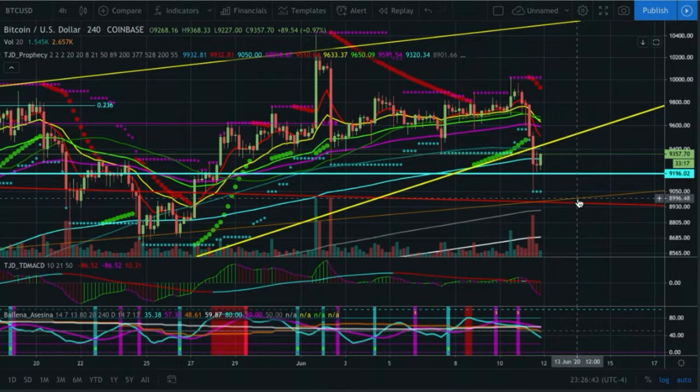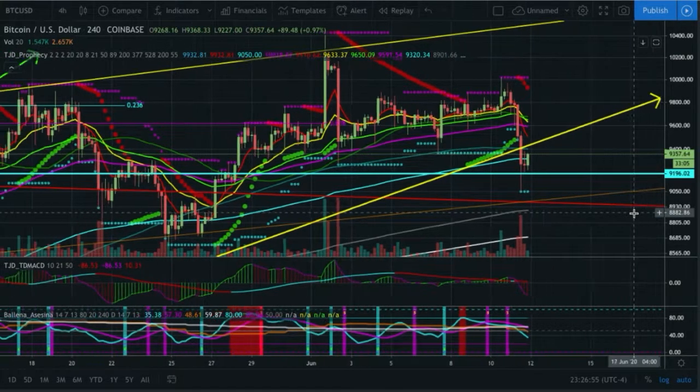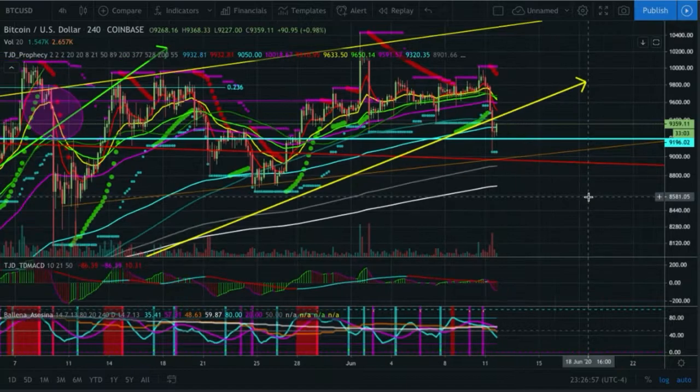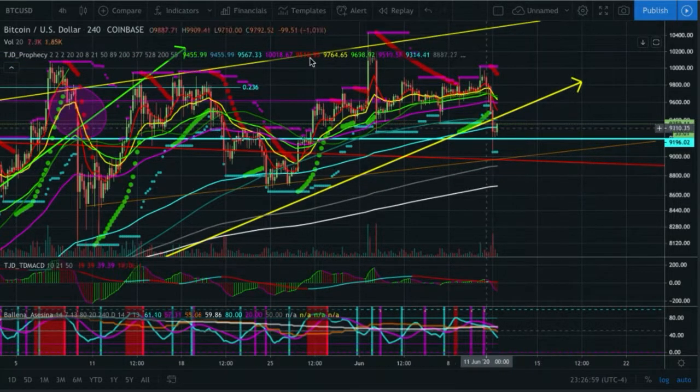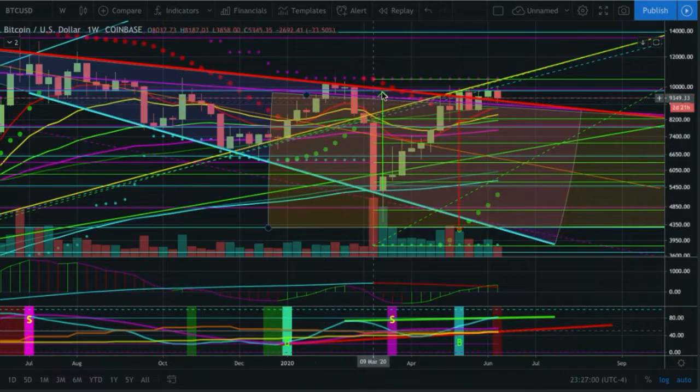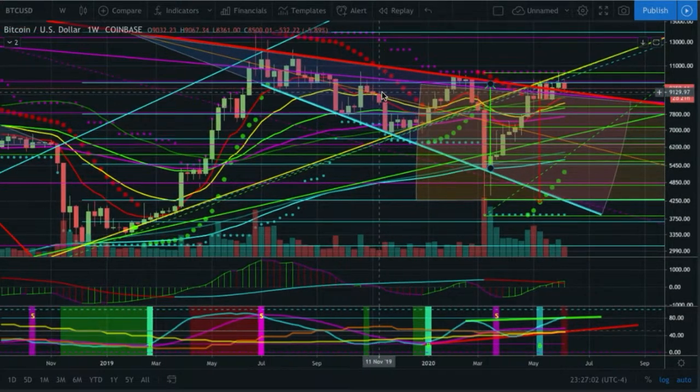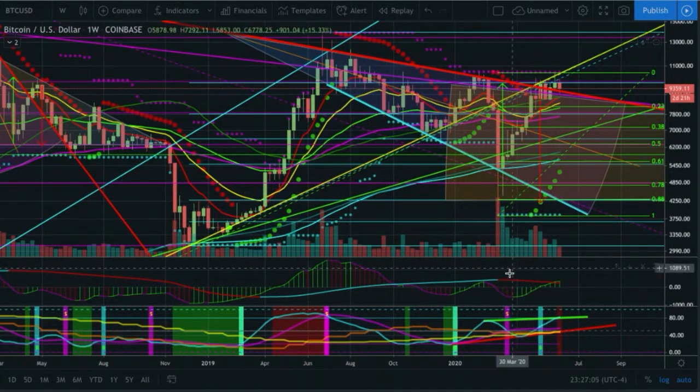So like I said, if we don't get back above 96 and start showing strength again, I'm just expecting to see more continuation and a sort of drooping and then dumping back off here. I'd like to see it come down to the 377 or the 528, and I'd be able to get a little more bullish. But now here, if you go to the weekly and take a look at that,